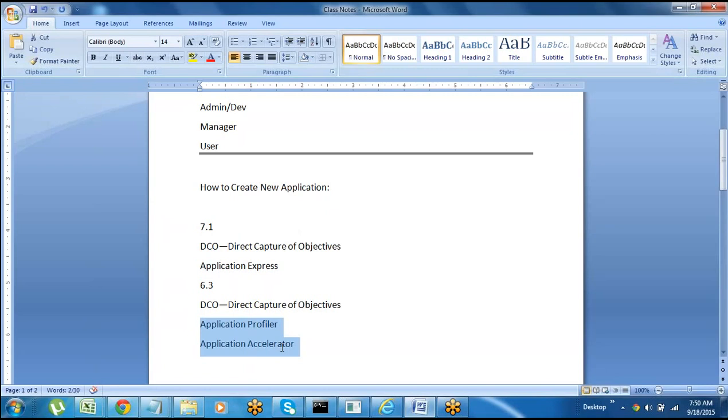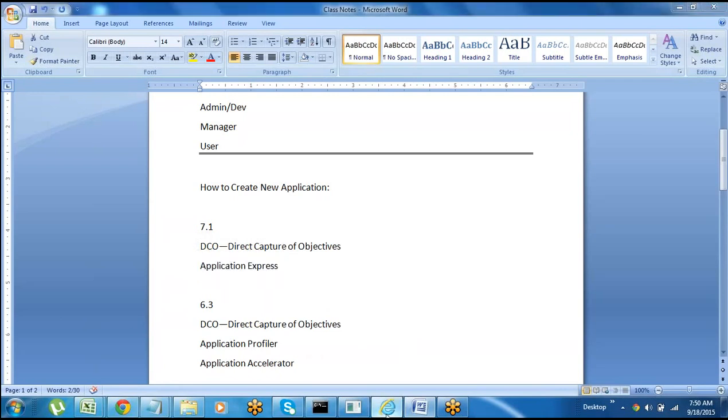We don't have Profiler and Accelerator in the current version; they have directly given Application Express. When we discuss 6.3 in detail, I'll tell you about these three things. Right now, for building a new application in 7.1, we'll use Application Express.